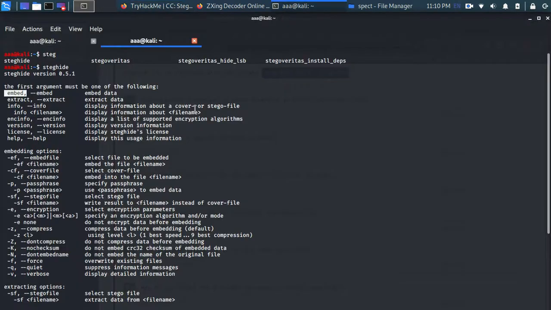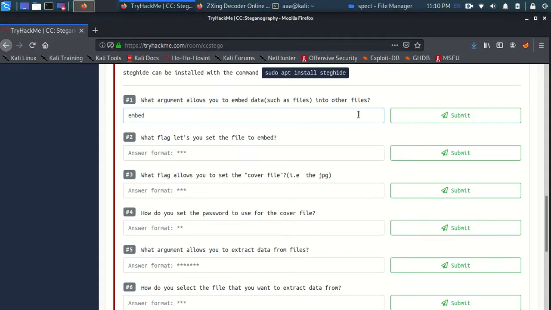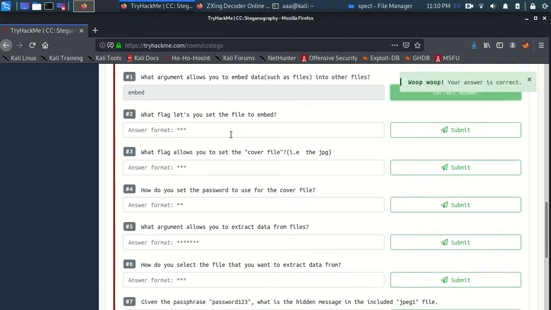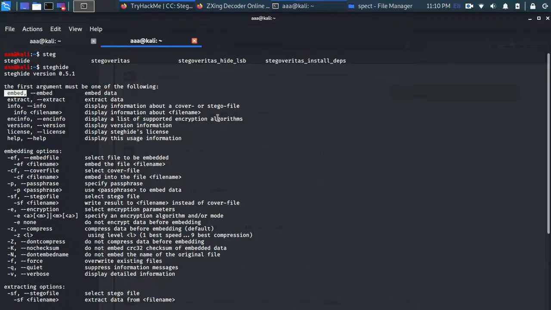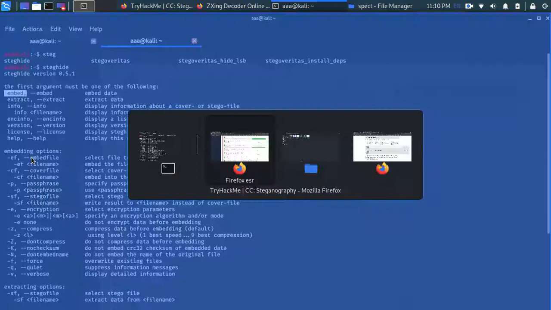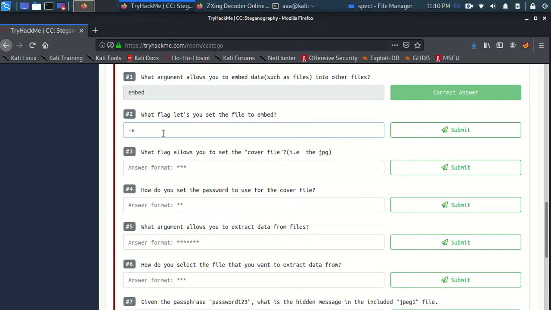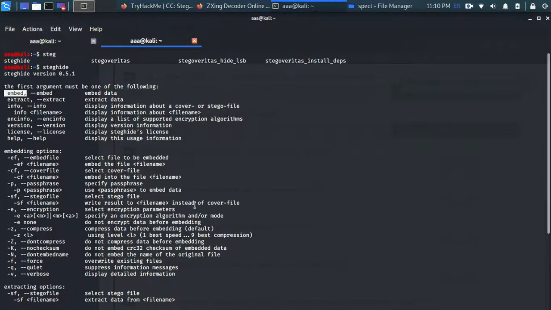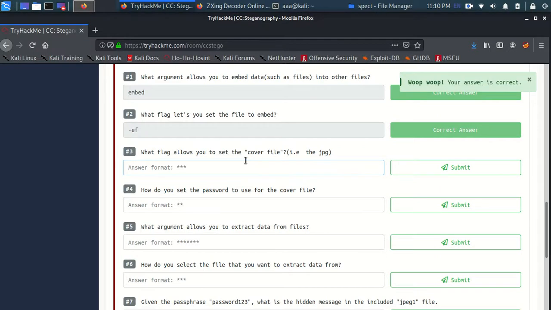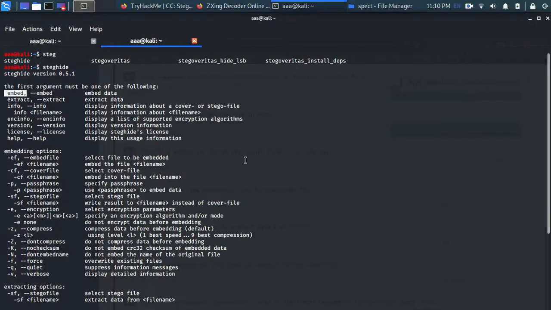Then what flag lets you set the file to embed? This is -ef. And there is something known as the cover file, that is the picture which you will see.